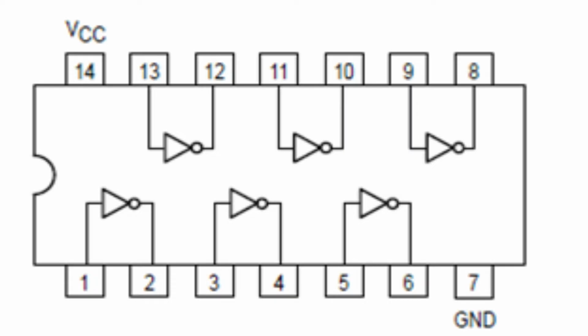Similarly, the other IC that we are going to use is a NOT gate IC. Here you can see for the NOT gate IC, that is the 7404 IC, pin number 1 of this IC acts as an input, whereas pin number 2 acts as an output. Similarly, pin number 3 acts as an input to a NOT gate, whereas pin number 4 acts as an output. As this is a 14 pin IC, pin number 7 is used for grounding and pin number 14 is used for providing the necessary power supply that is connected to VCC.